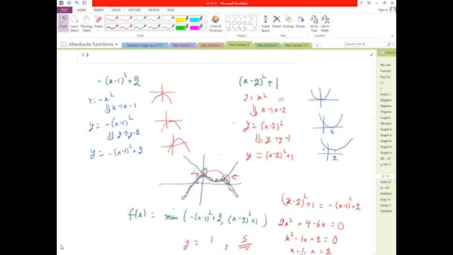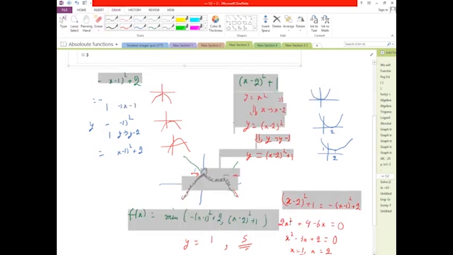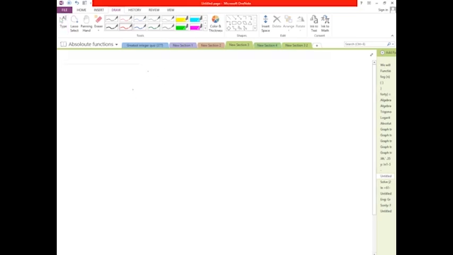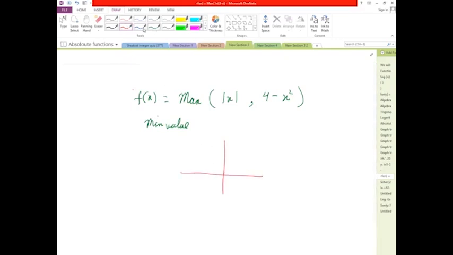And now various questions of a similar type can be asked. There are various questions out there, and that's why a lot of you have seen them before also. So I'll just make up something over here. The function could have been defined as max of, say, mod x and 4 minus x square. And then you could be asked to find the minimum value of this function. Again, you can do similar stuff. These are slightly easier to draw. Mod x, you know the graph will be of this sort. 4 minus x square,